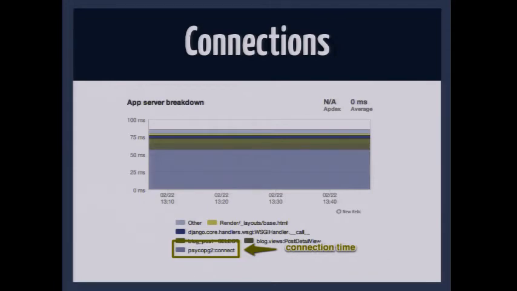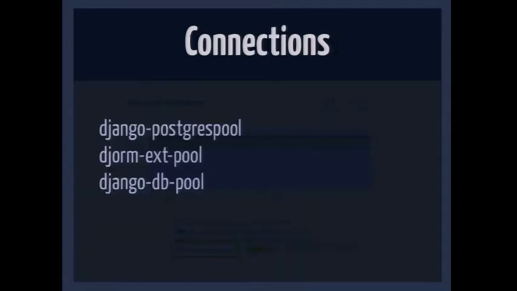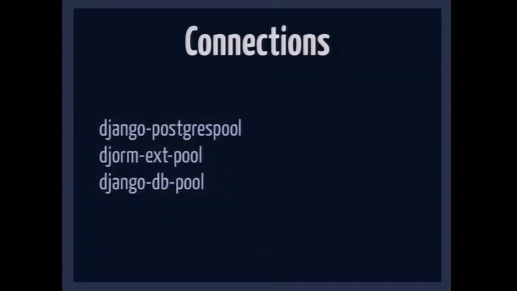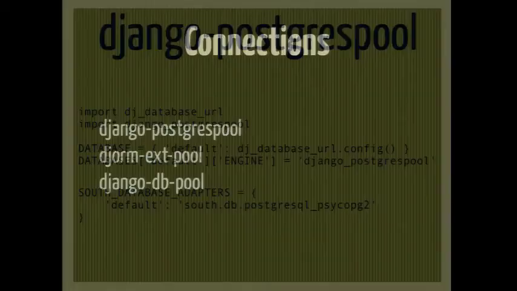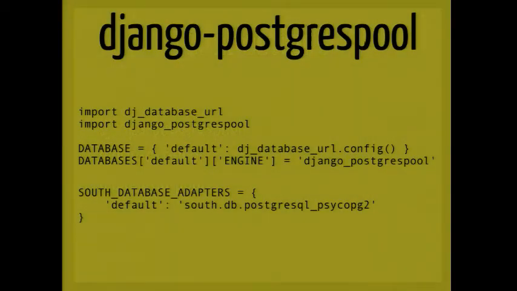It's very, very common that Django by default gets a connection every single request, does some things, and then releases that. This is really, really bad. You're spending a lot of time doing nothing. PgBouncer is one option for this, PgPool. If you don't want to run those, I would actually say there's some perfectly good options built for Django. This is the path that most other frameworks take. It's just an application-side connection pooler. So Django Postgres Pool, Jorm Ext Pool, and Django DB Pool. I'd mostly recommend this one just because I know the most about it because we wrote it.